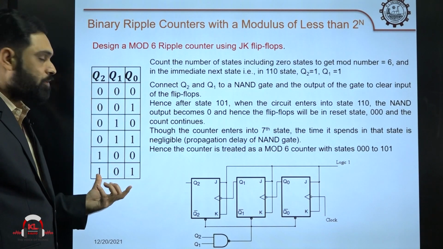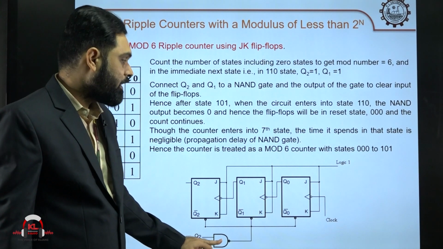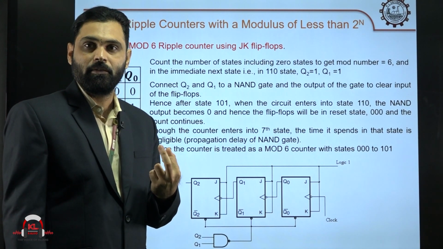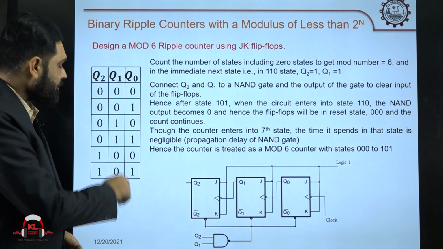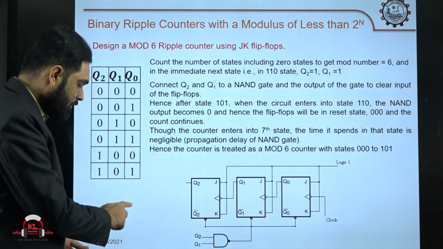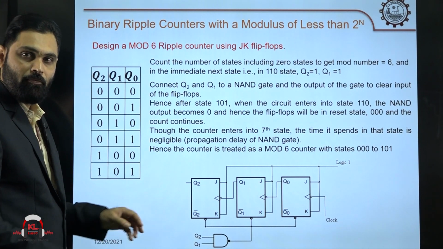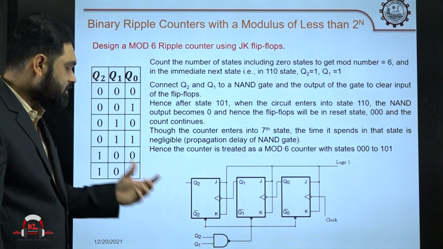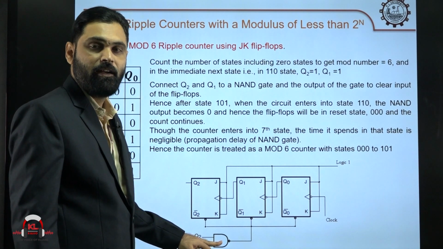If you want this kind of arrangement, the best way is using a NAND gate in a proper way. I already told you that these flip-flops have 2 special inputs, one is the preset and the other is the clear. So, you have to start with 0 0 0 and increment, and whenever the value reaches 101, the next value should make the flip-flop value 0. If you make the flip-flop value 0, then again it starts with 0 0 0. This logic can be implemented using a NAND gate.